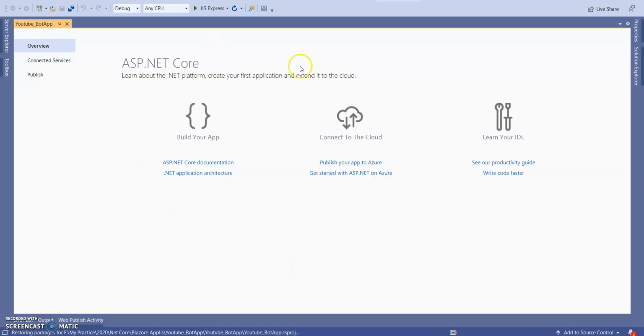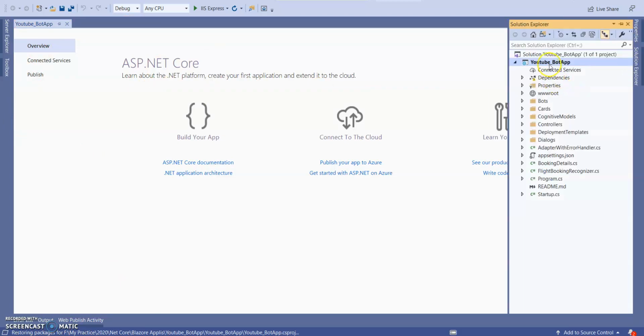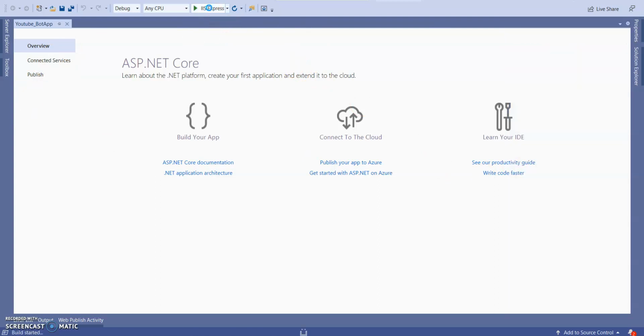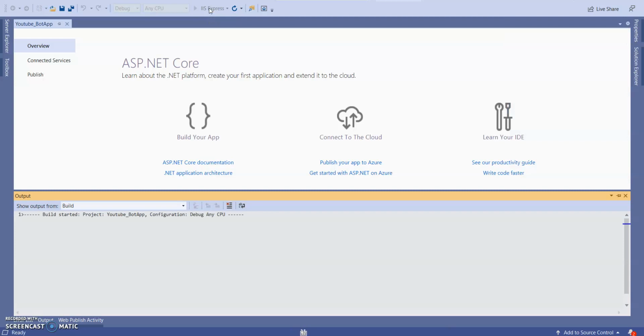So our bot application is created. Now it is restoring all the NuGet packages without doing any modifications. You can see here in Solution Explorer, our YouTube underscore bot app created without touching any file, without doing any modification. Let's click on run. Once it runs, we will see how we can work with it.